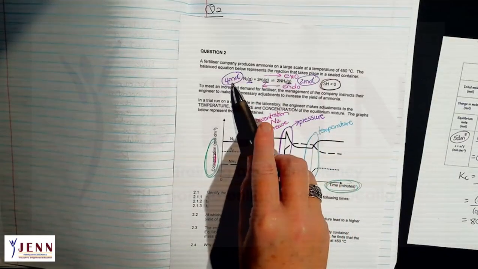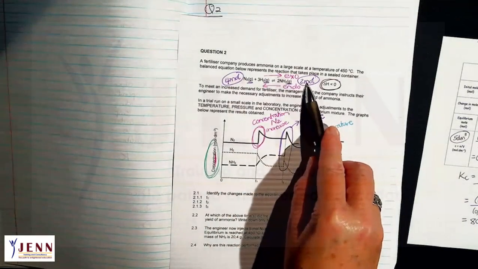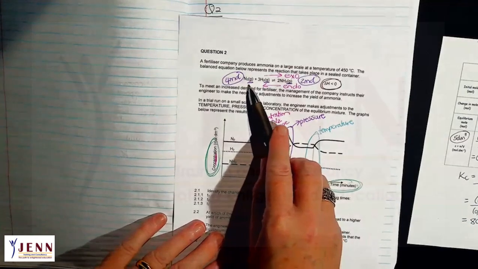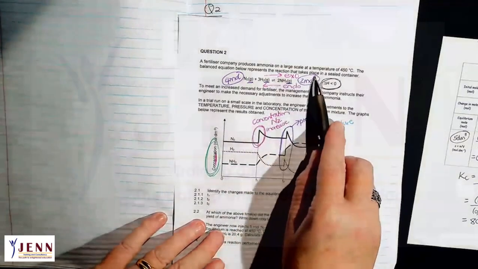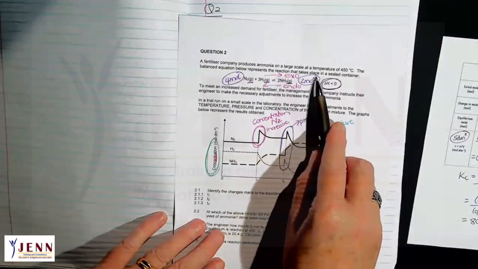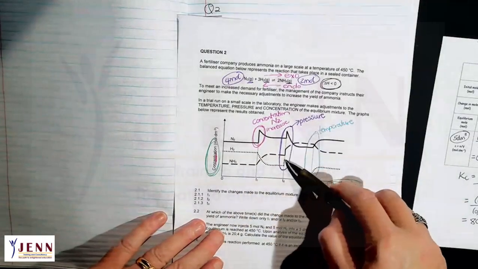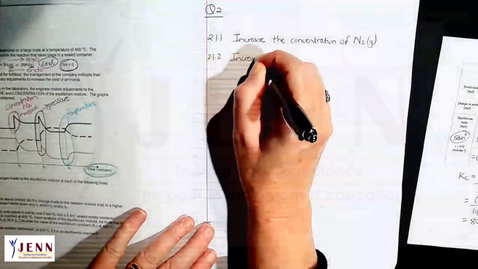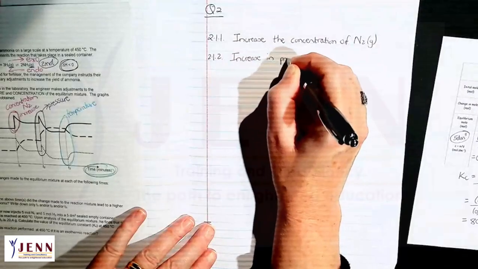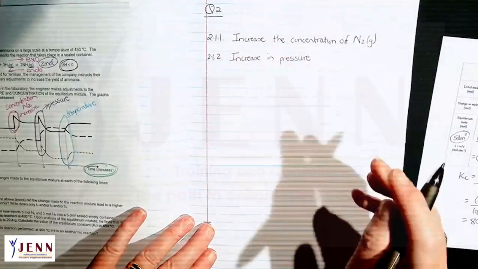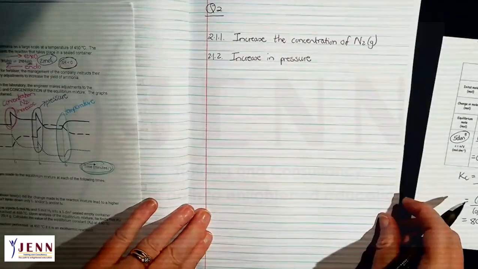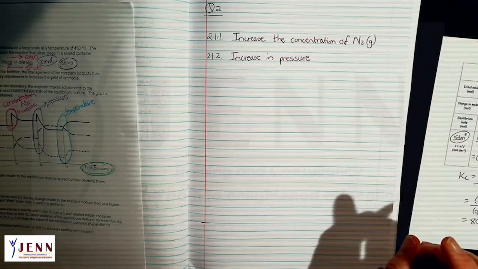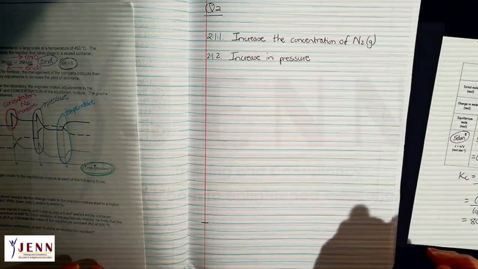And there's 4 moles of gas on one side, and 2 moles of gas on the other. And an increase in pressure favors the least amount of moles of gas. So my forward reaction was favored, least amount of gas, so that means my pressure increased. So there was an increase in pressure. Okay, so the pressure changes the whole system. It can't just change a single gas, it changes the whole system.